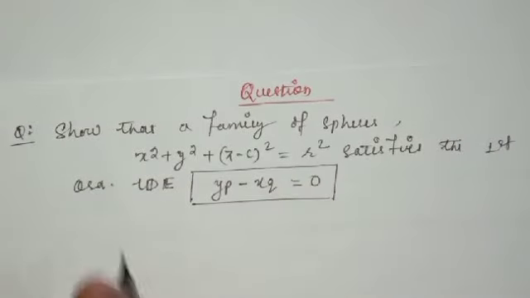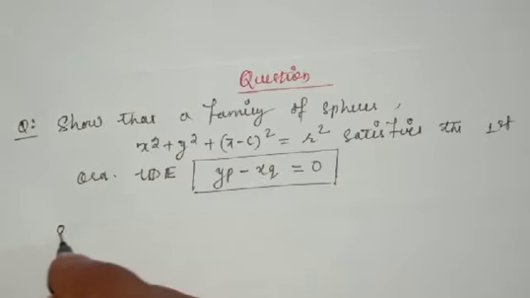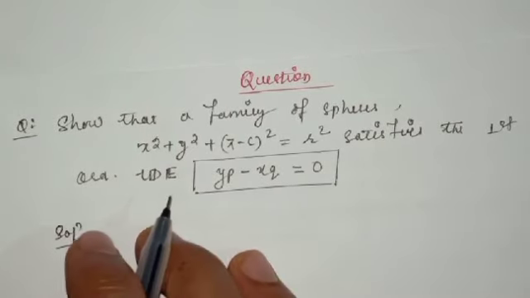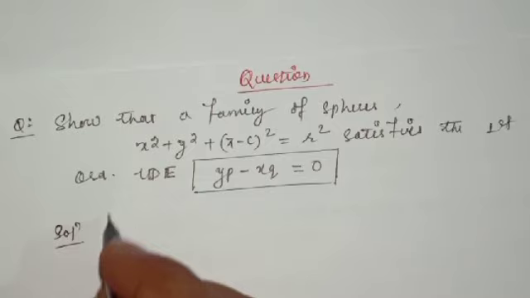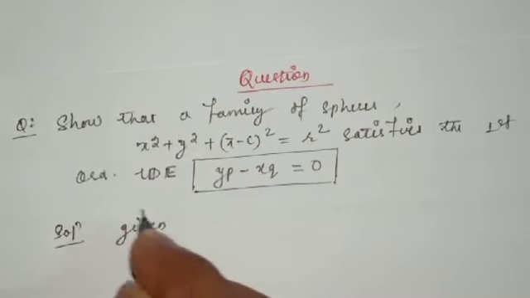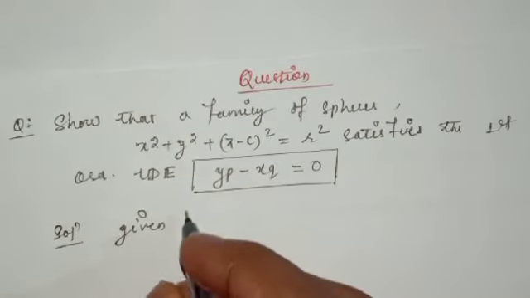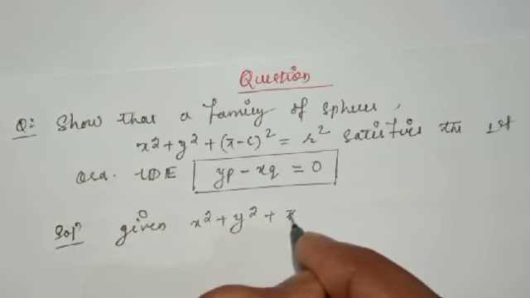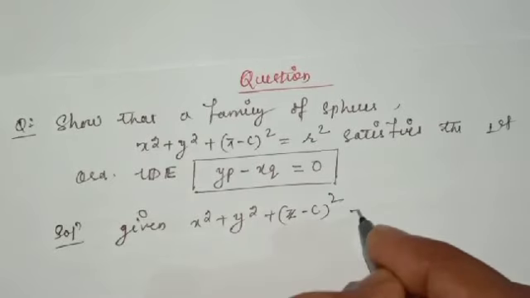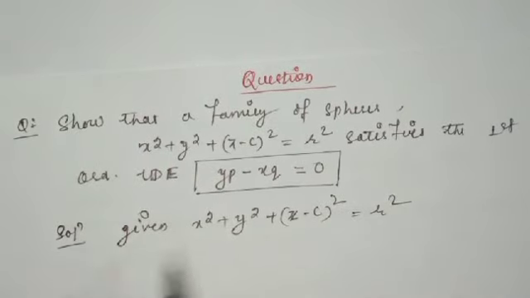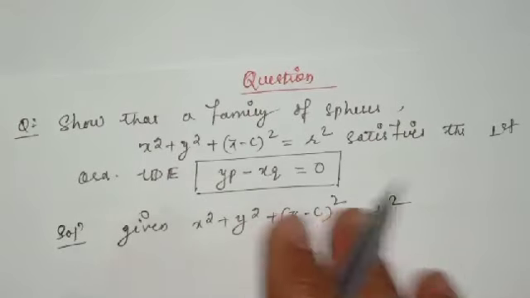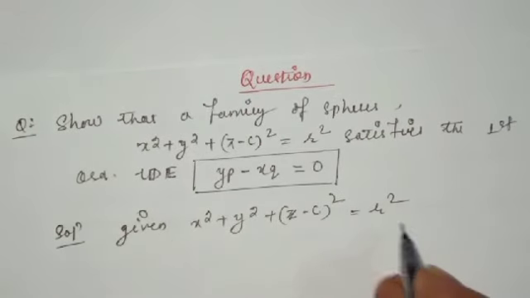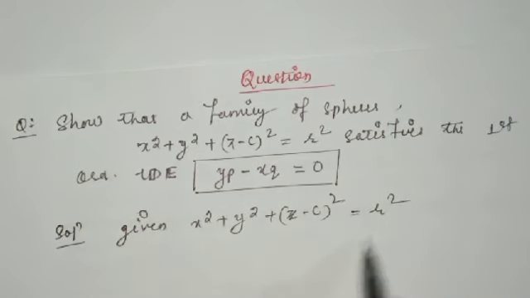Okay, so for that, what we do, solution here. The given equation can be written as x square plus y square plus (z minus c) whole square is equal to r square. Now what we do, we will partially differentiate this function on both sides. So when we partially differentiate the function with respect to x and y,